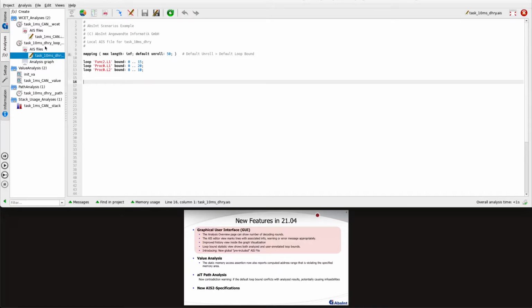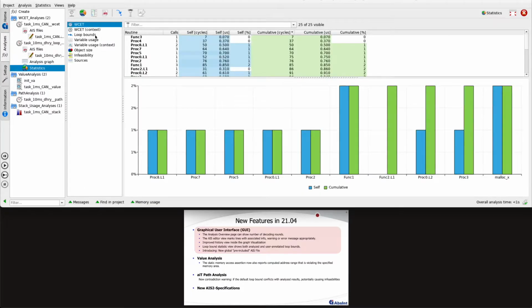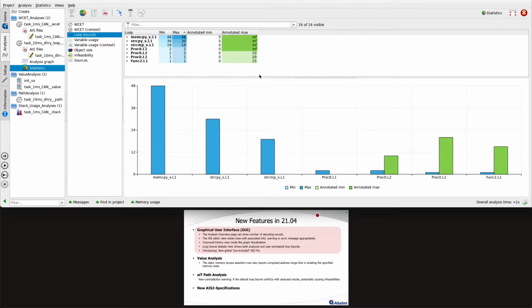Now that we have done the analysis, we can switch to the statistics, the loop bound statistics, and you actually now see these values here for the annotated min and max bounds. So remember, for func2 L1 we had 0 to 15, for proc0 L1 0 to 20, and for the L2 0 to 10. The interesting thing is that we also visualize or show here the min and max bounds which